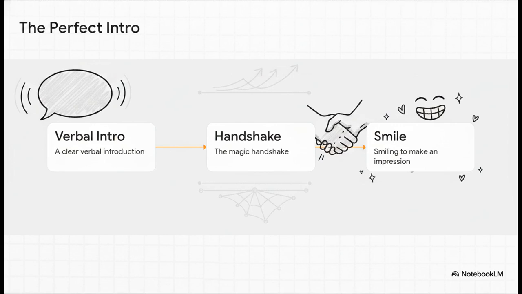So the crucial point is how you actually execute this. The text breaks down a perfect chronological framework for winning nonverbal communication. It calls for step 1, a clear verbal introduction, paired with step 2, the magic handshake, and rounded out with step 3, a genuine smile. Practicing this clear, multi-layered introduction is highlighted in the source as a major key networking skill. It's simple, it's structured, and it works pretty much every single time.